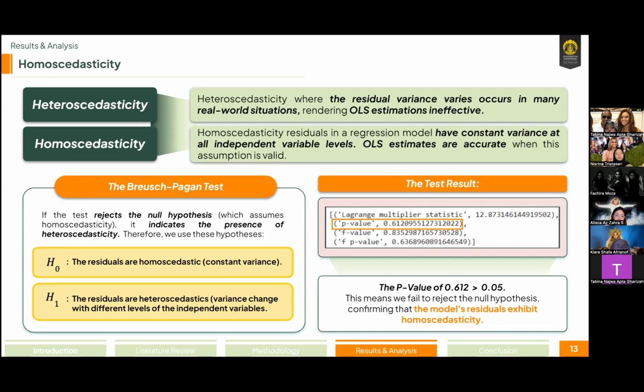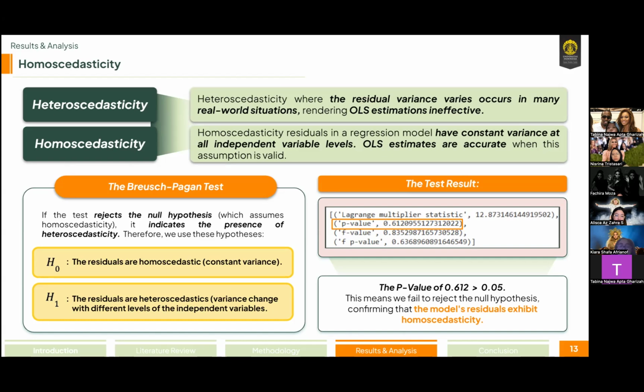Okay, moving on to the next assumption test: homoscedasticity. Therefore, we have to know the definition of each of them. Heteroscedasticity is where the residual variance varies, which occurs in many real-world situations. Meanwhile, homoscedasticity means having a constant variance at all independent variable levels. In this test, we're using the